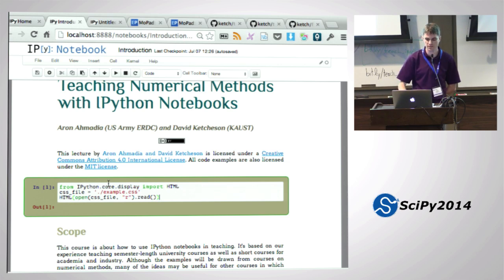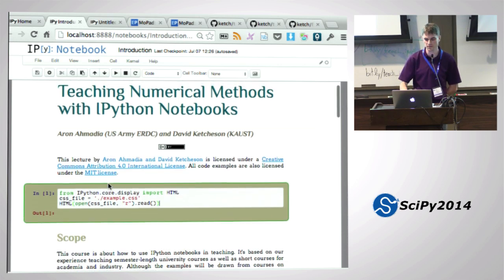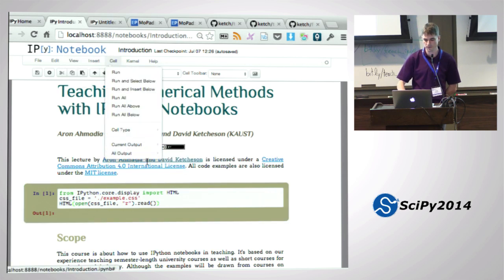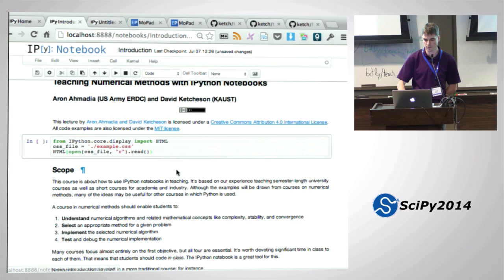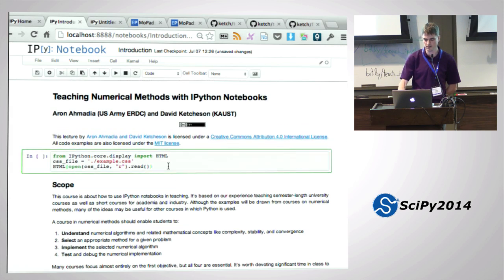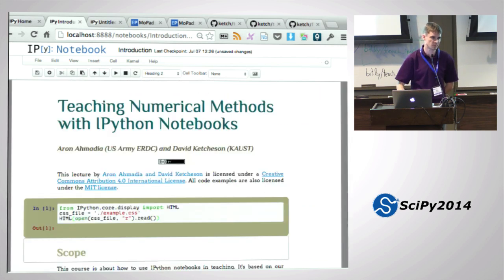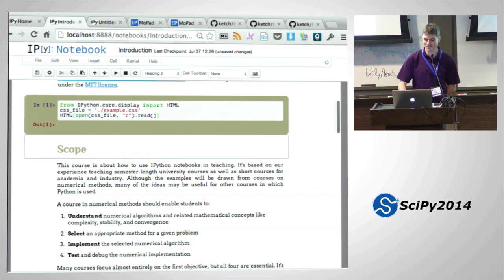It's applying some CSS, and that's why this notebook looks a little bit different than the default way you see notebooks. If your notebook doesn't look like this, then you can run this box, and it will make it look like that. I don't know which you prefer.